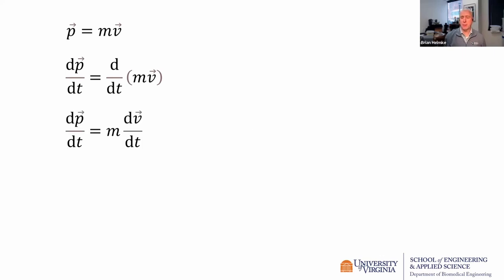Okay, so we said that the momentum is a mass times a velocity. So a rate of change of momentum is a rate of change of mass times velocity. The mass of the ball, or the mass of the stomp rocket, is a constant, so we can just pull it outside the derivative. And now we have rate of change of momentum is a mass times dv dt, or a mass times an acceleration,